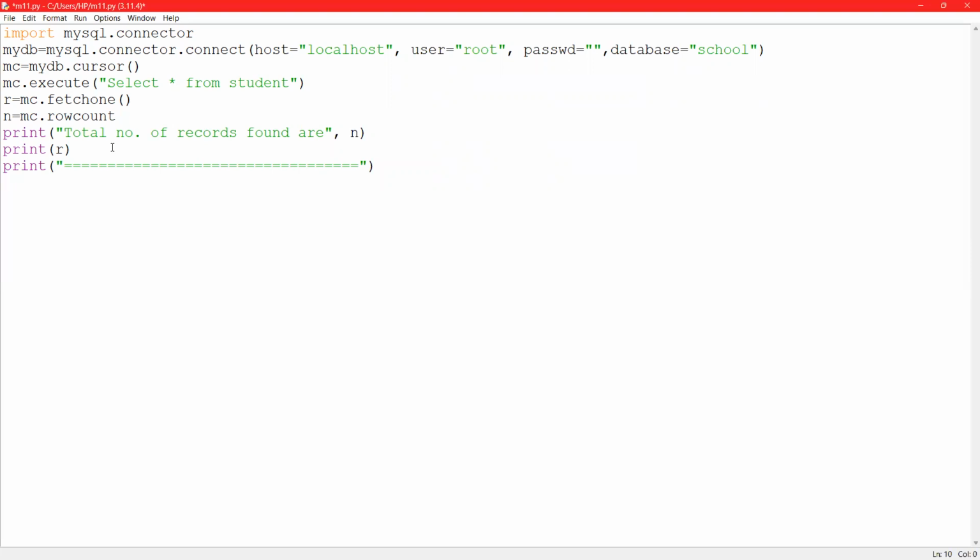And after this, let me take one more record. As I have told you, in fetch one, the first statement will fetch the first record, and if we use it again, then it will fetch the next record. Let me use my cursor object and again use the fetch one method. This time again, I will take the record, that is mc.rowcount,